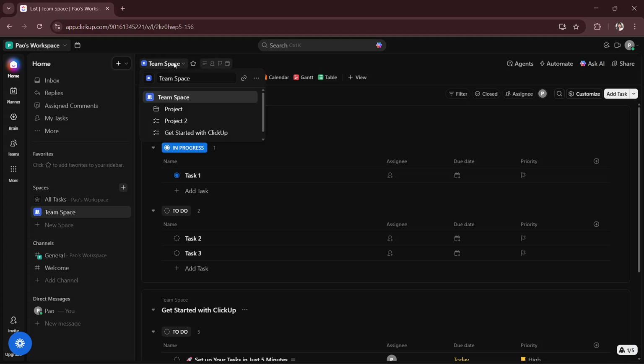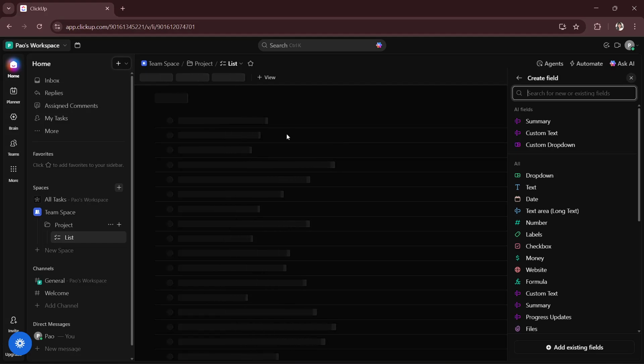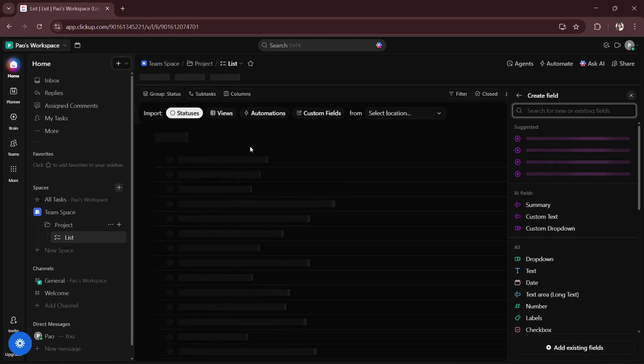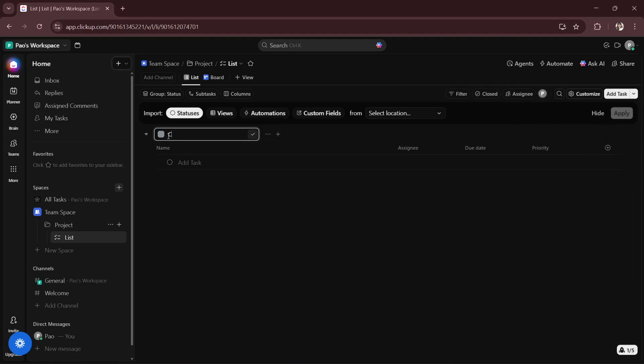you will click your space and then look for a folder that you would want your content calendar to be in. And once you're here, you will create a new list if you don't have one yet, and just wait for it to load. And now that you're here, what you will have to do is name it as content